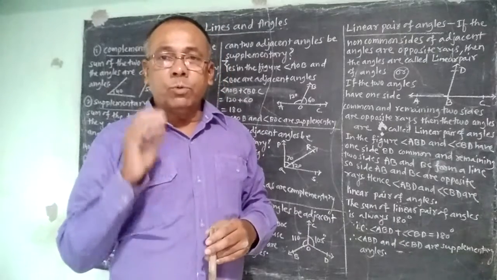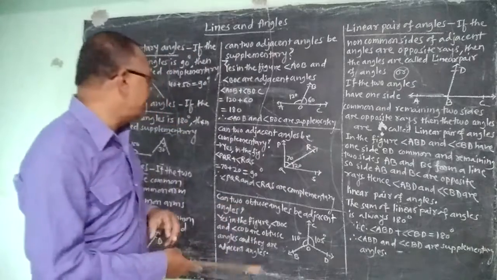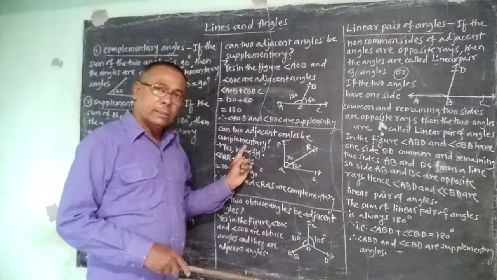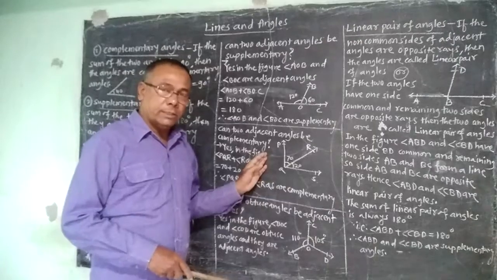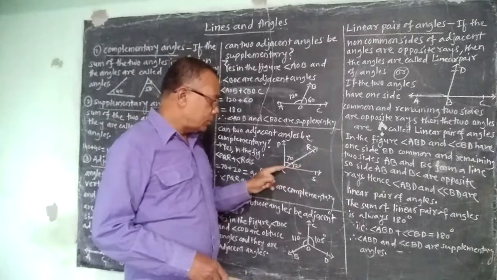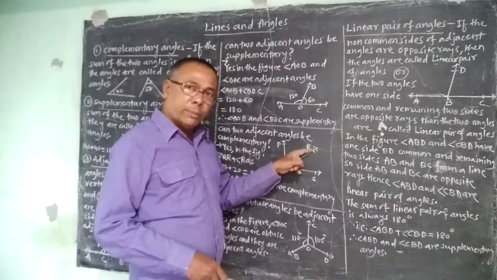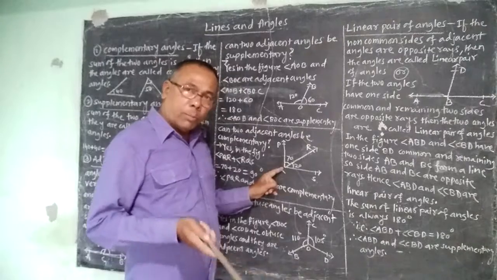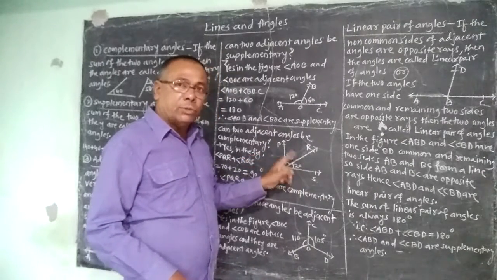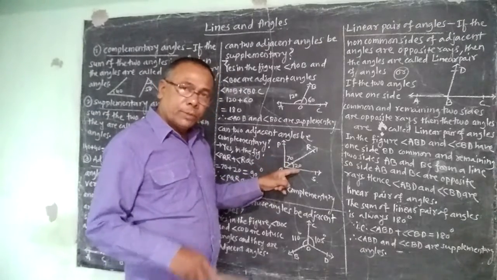Now there is one more question which arises related to adjacent angles. Here it is given: can two adjacent angles be complementary? If we observe the figure, it is seen that PQR as well as SQR, both the angles have QR as a common side, Q as a common vertex, and the non-common sides QP and QS are on either side of the common side, and therefore these two angles are